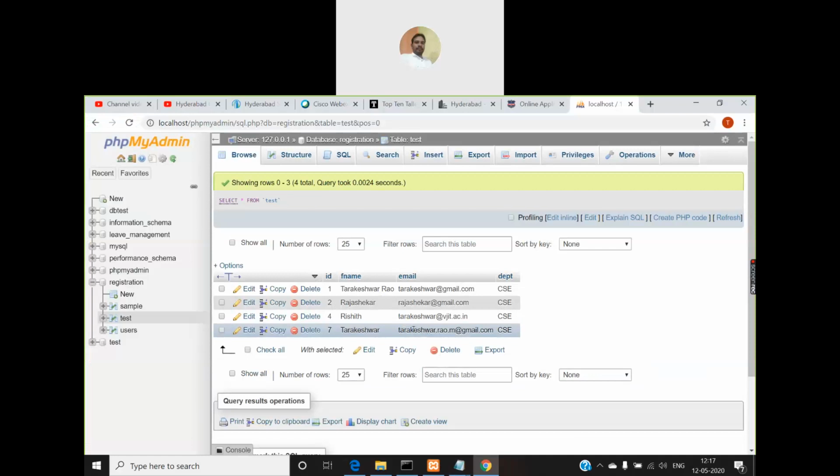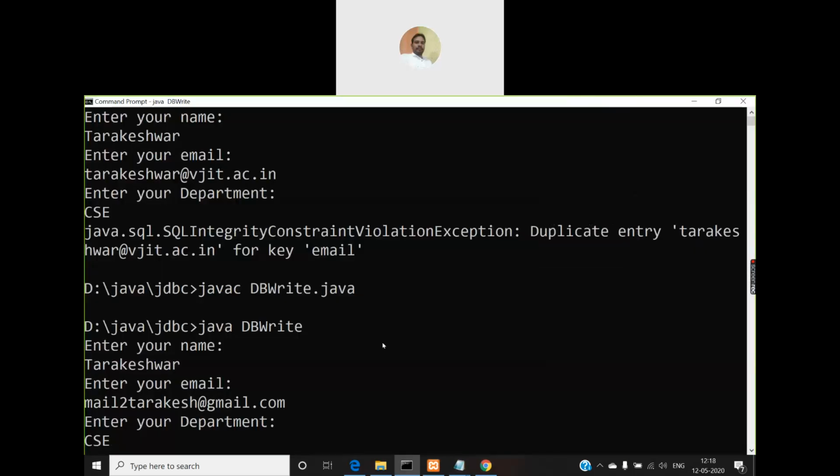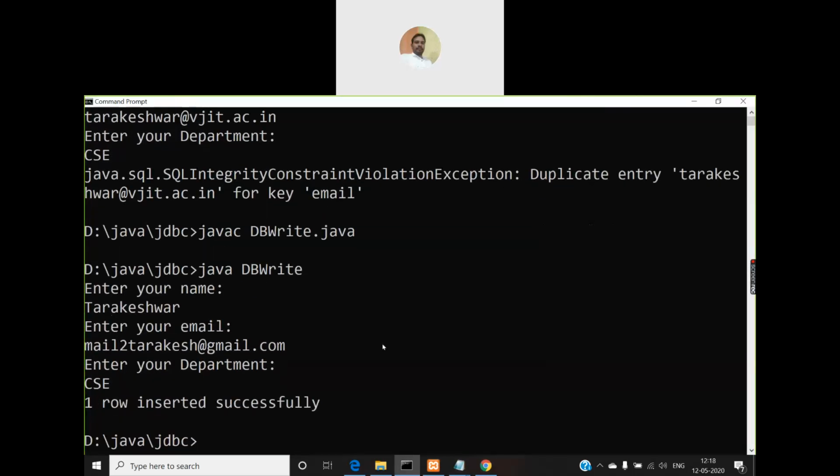So there is no scope for an exception to occur. It has to accept and a new record must be inserted here. I'll press enter here. So you got one row inserted successfully.